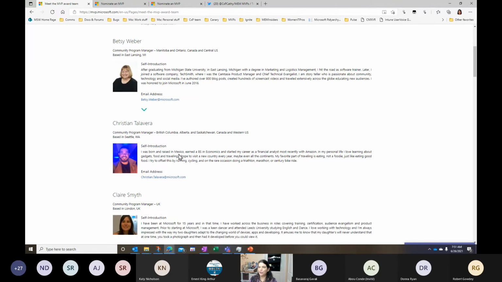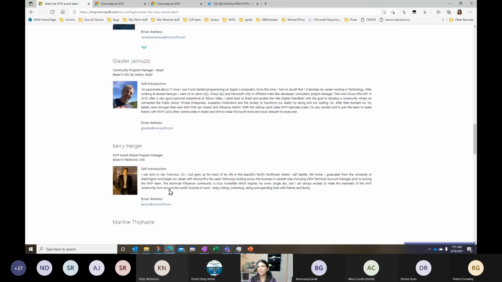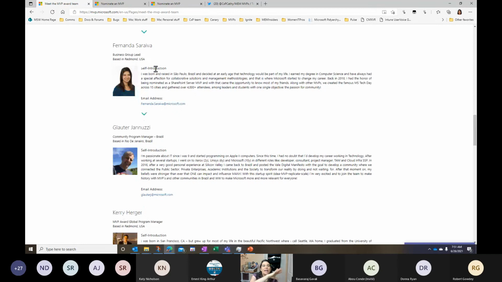And then the business group also has to vote. Like I said, Fernanda is going to vote on anybody in the award categories that she manages. And then there will be somebody from within the product team, and how each product team does that is different. Sometimes it's a person from the marketing group. In my case, I'm actually in engineering and considered an engineer, so I vote for my particular areas.